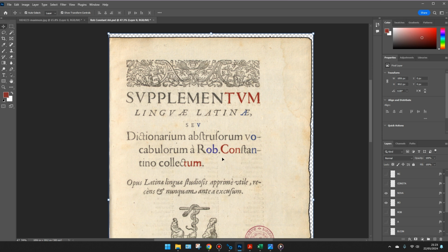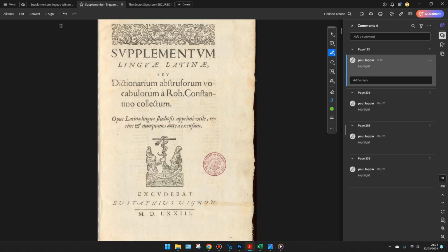Now, we're going to take a little look inside this book. Being a dictionary, a Latin dictionary, it is quite difficult to work with. But because my language is English, some things are easier to pick out than others. And the first thing that we actually notice here, coming to the PDF just to allow us to go through this book quite quickly, if I give an example here,